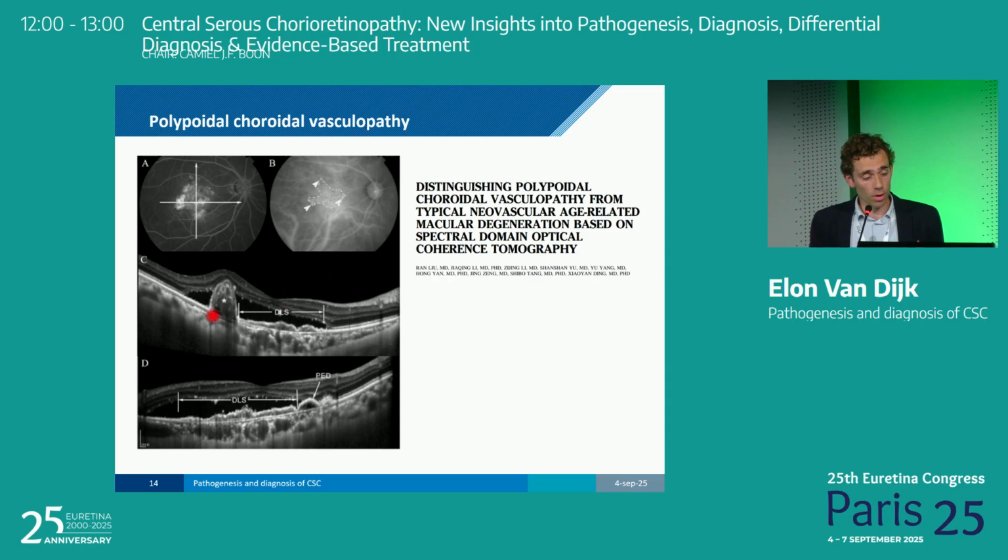Sometimes it's the case that the polyp, like here, occurs at the edge of a relatively flat pigment epithelial detachment with hyperreflective content. So there's a macular neovascularization, not always within the context of CSC. And at the edge of that macular neovascularization, there's a relatively steep pigment epithelial detachment which could be characteristic of a polypoidal choroidal vasculopathy. Usually you would also do FA and ICGA in order to confirm your diagnosis, but even on your OCT you can have quite a good clue in order to find out if it's maybe a PCV.